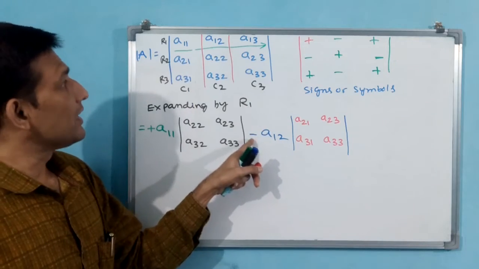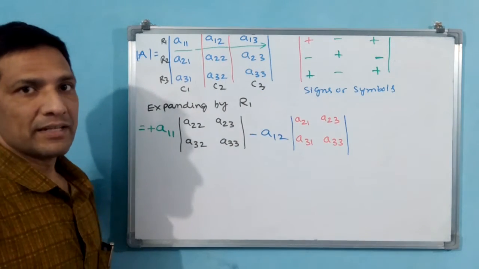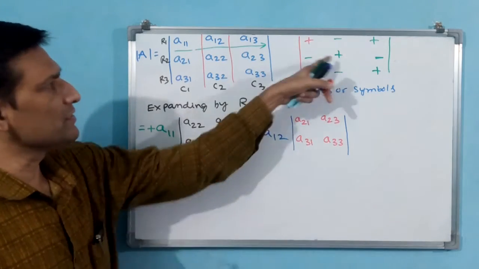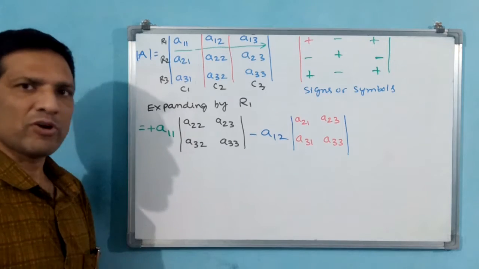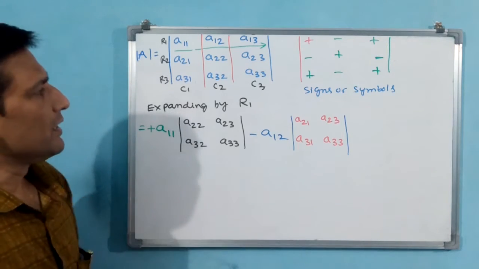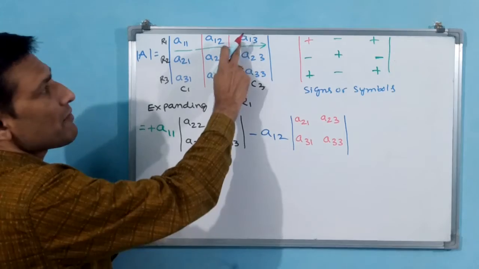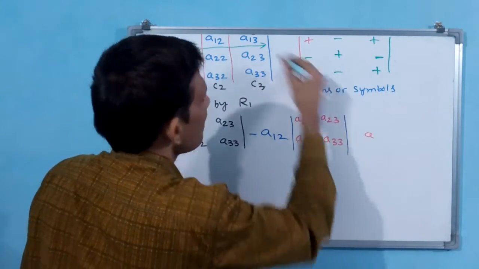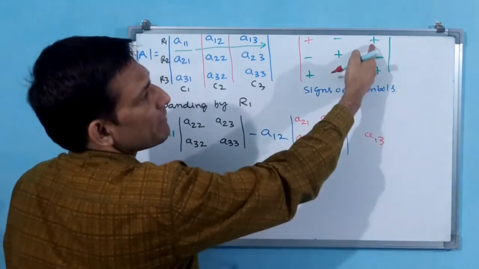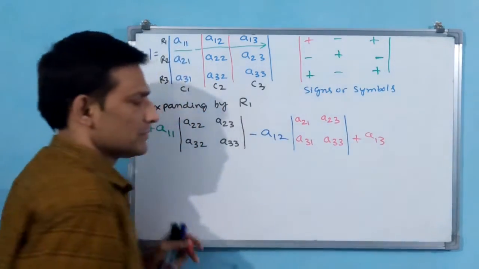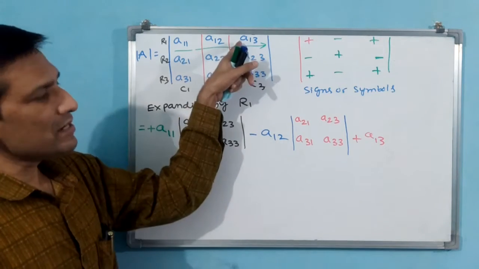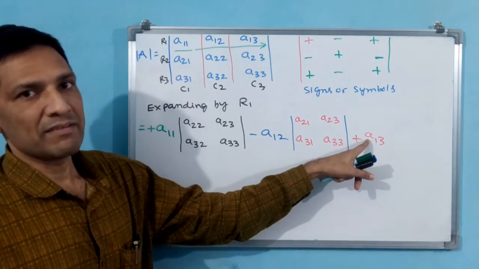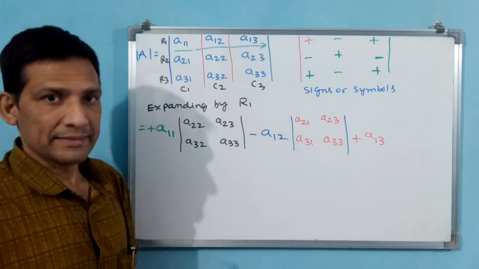You have to multiply and the sign also you have to take. In the next example, we will take expansion by column, and this symbol also we are not going to write, directly we are going to write. Why? Because we have to get habituated to that. Now see, second one is also over, but what will be the next in the row? The third one, this one. First you write this A13. Now what will be the symbol? Positive. If A13 already has minus there, then plus you have to write again.